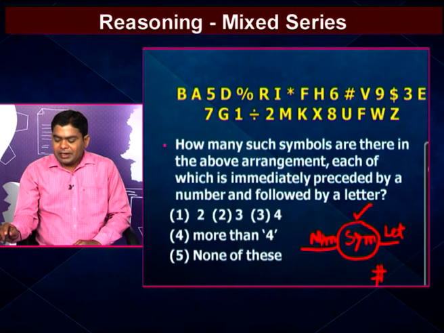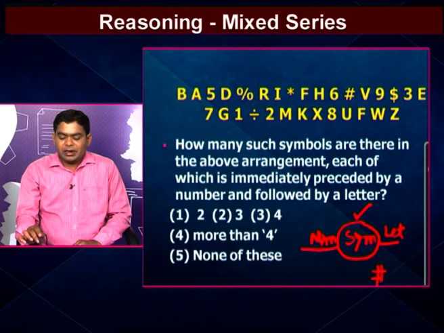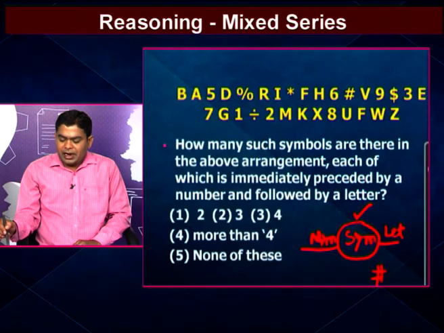Here the preceding element is a number and the following element is 3, but according to our condition, the preceding must be a number and the following must be a letter, that means dollar does not satisfy the given condition. After that we go to the next symbol, that one is division. Here it is preceded by a number but not followed by a letter, that means division does not satisfy the given condition. After that we go to the next symbol, but there are no more symbols, so finally only hash satisfies the given condition.